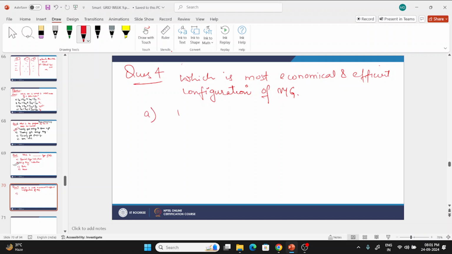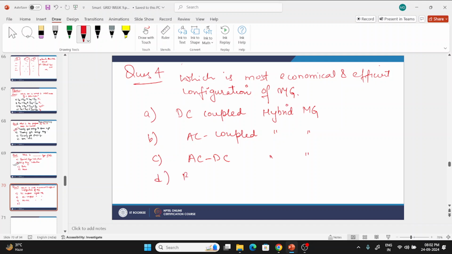A. DC coupled hybrid microgrid. B. AC coupled hybrid microgrid. C. AC DC coupled hybrid microgrid. D. Both